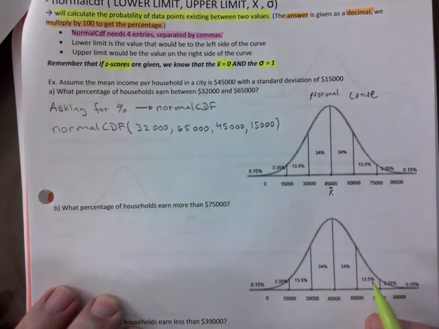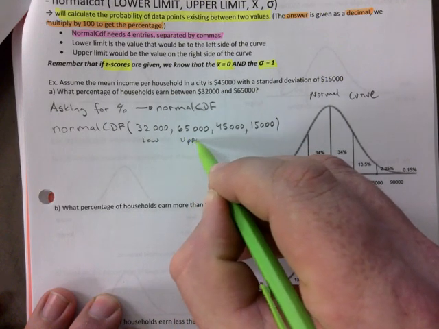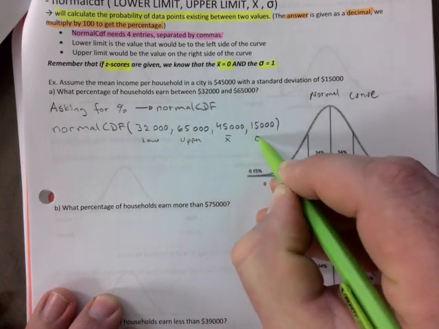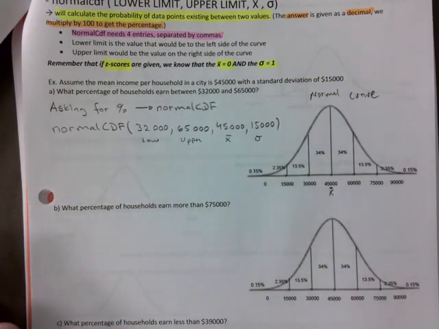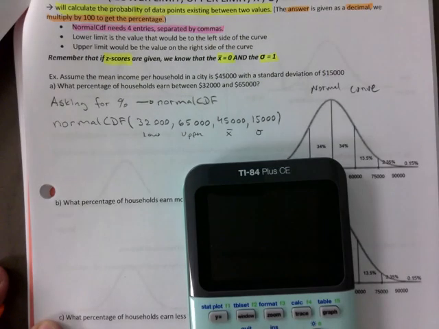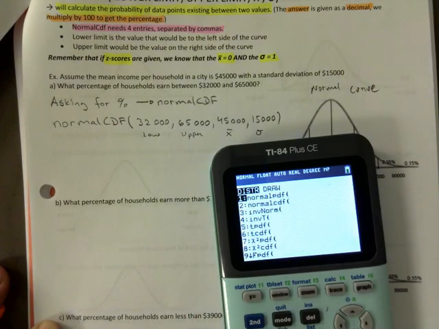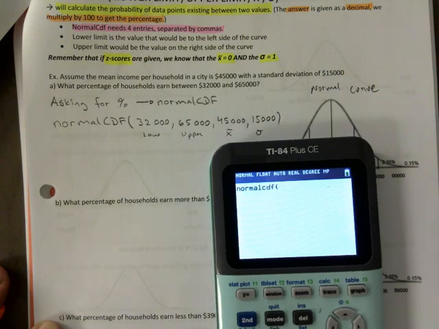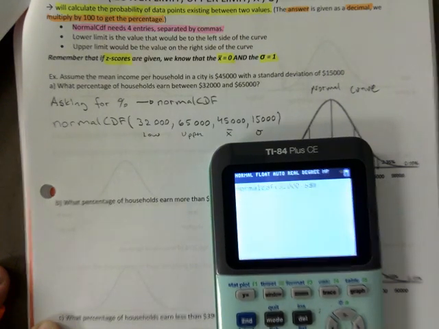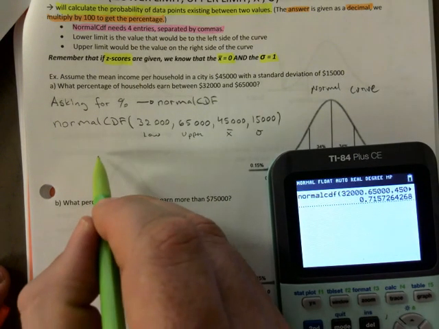All you have to do is this, okay? This is low, upper, mean, standard deviation, right? In that order. Order does matter here. So let's go ahead and do that. I'm gonna quit everything and I'm gonna go second vars, normal CDF, 32,000, 65,000, and then mean and standard deviation. Close the bracket, hit enter, and you get